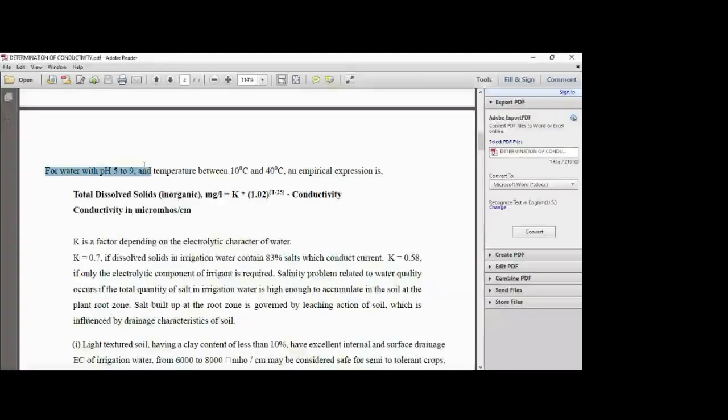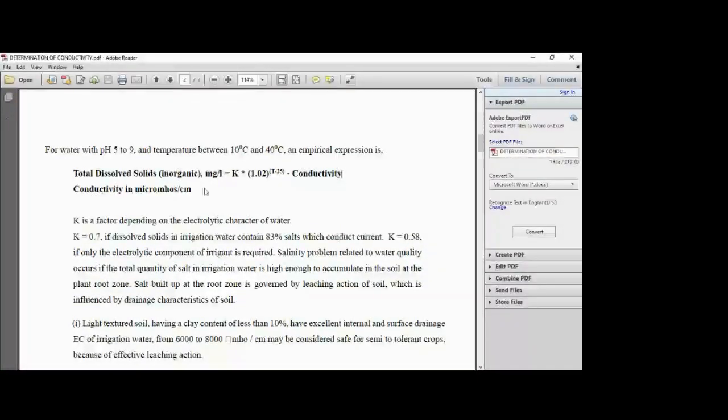So here we have a formula which can be used for water in the pH range up to 9 and in the temperature range of 10 degrees Celsius to 40 degrees Celsius, which is the range of temperature available in most parts of the world. I can find out the total dissolved inorganic solids by using this formula: TDS = K × 1.02^(T − 25) × EC. The value that we consider for this conductivity should be in the